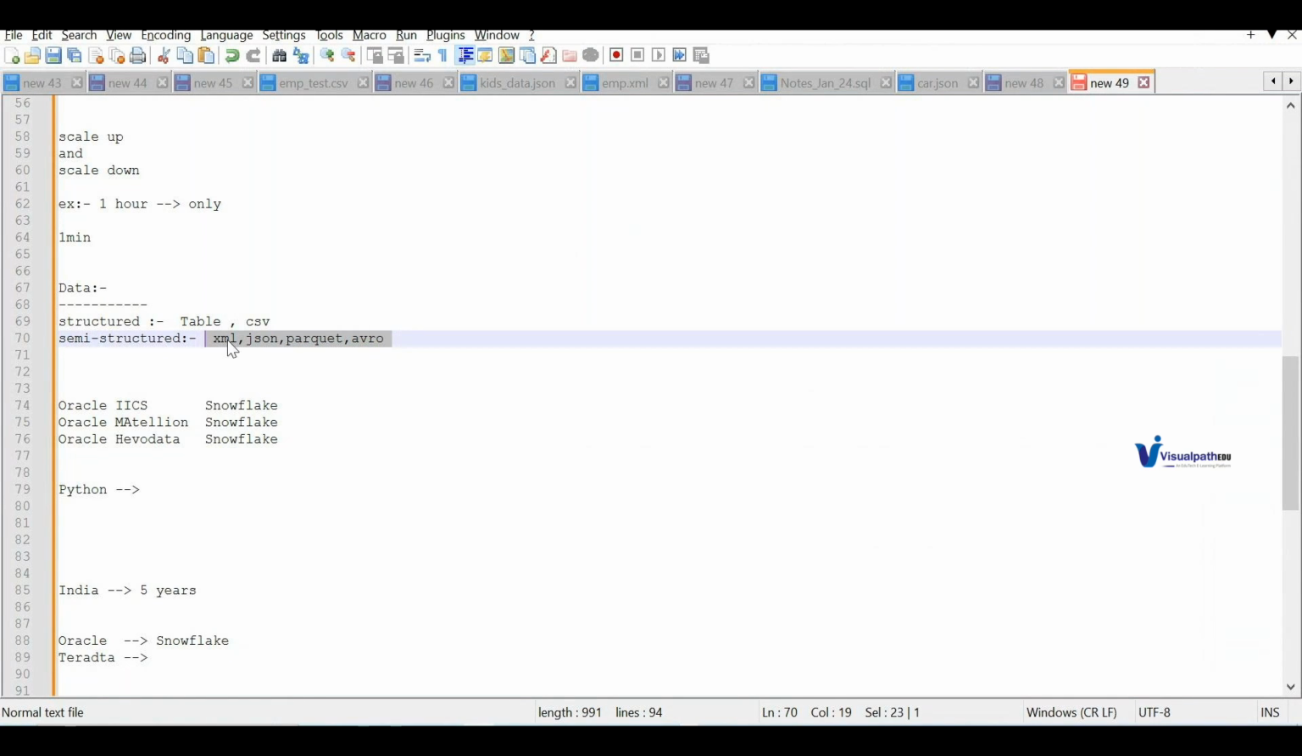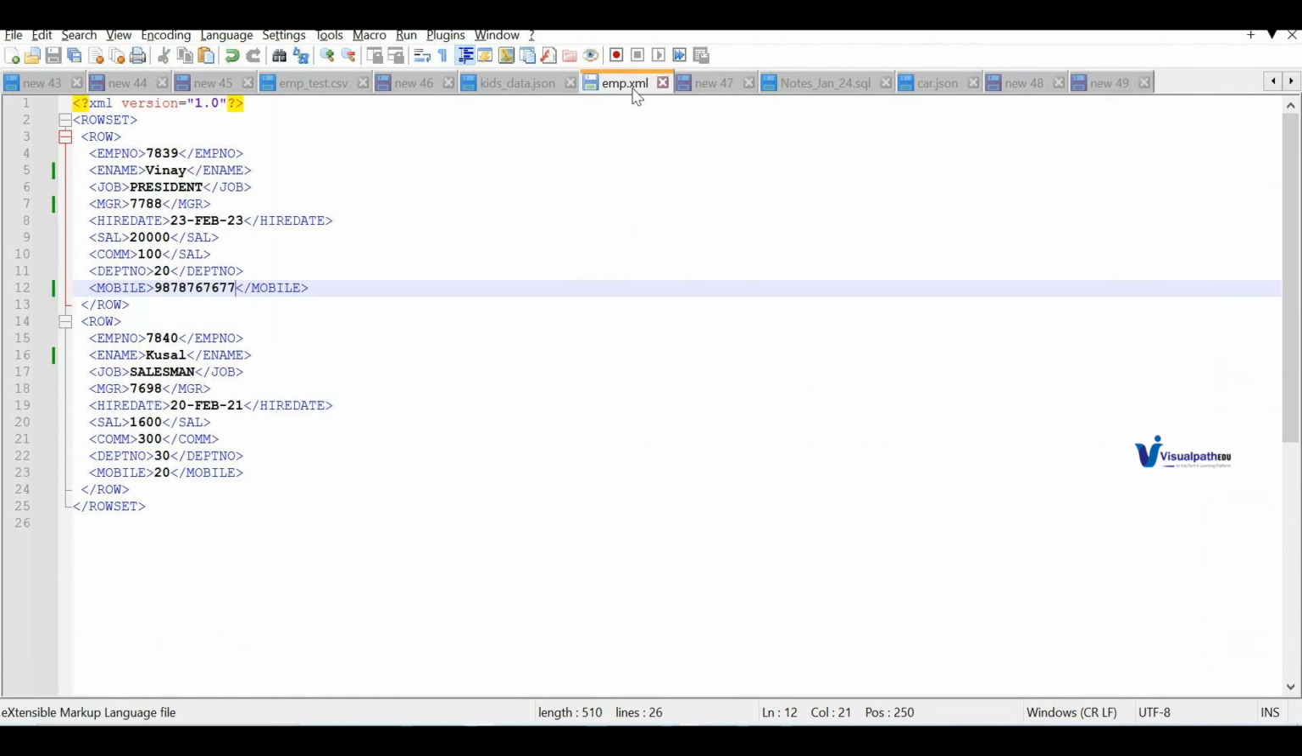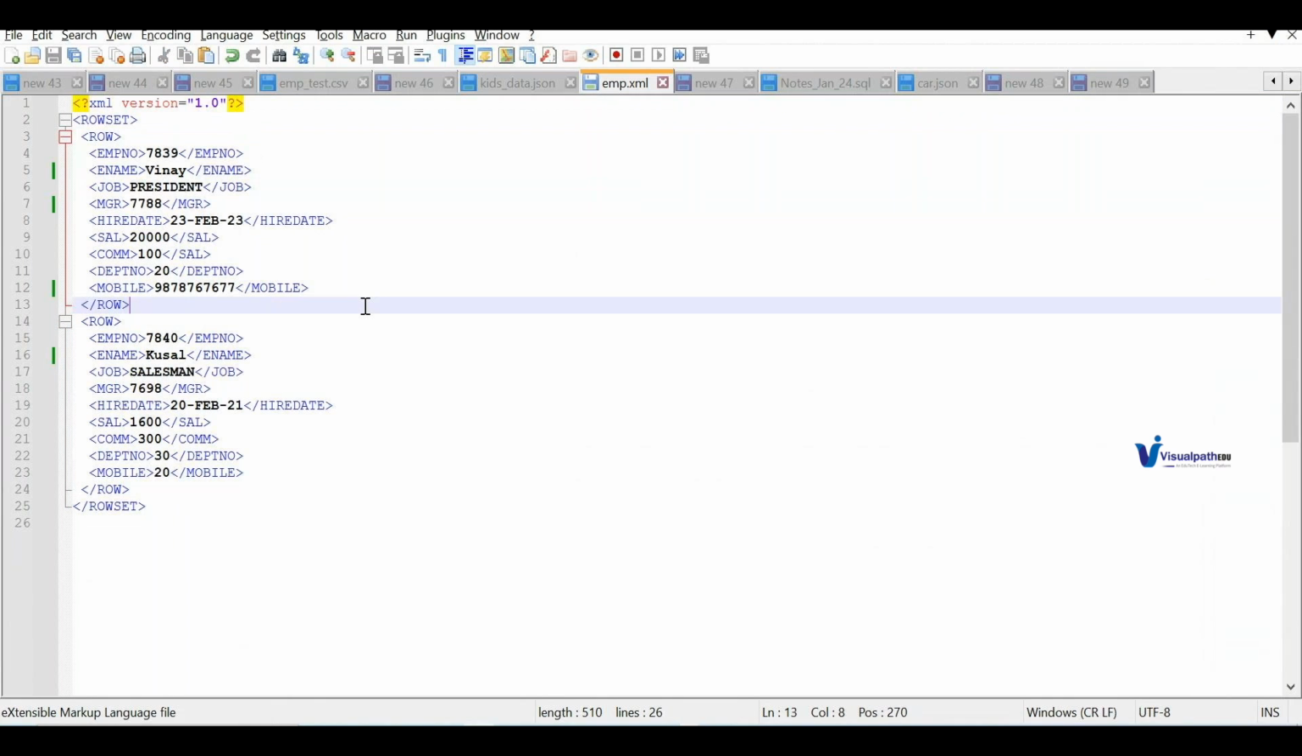So what is XML? If you look at this example, there is one more file called emp.xml. So this is one more representation of the data. You can have the data in this format also. Okay. So you have a root parent and child tags, right? So this is another format of the data. Snowflake supports all formats of the data. And there is one more format called